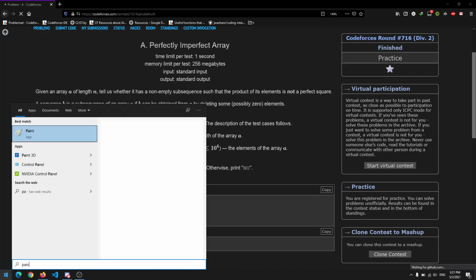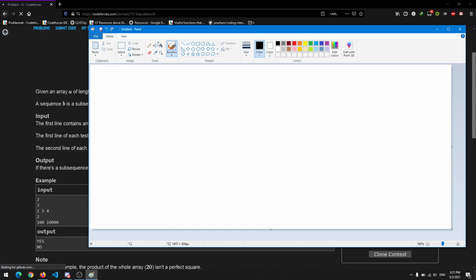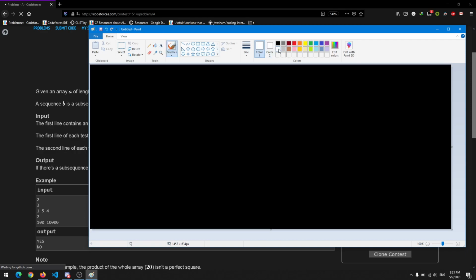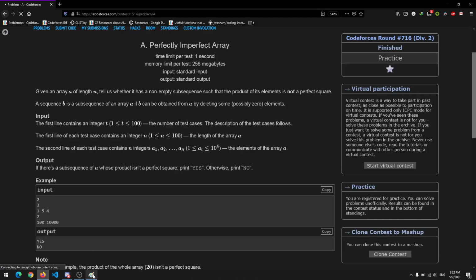Actually, if you notice, let me just bring up paint here. If you have a perfect square, let's say m into m, a perfect square is of this form, and another perfect square n into n. So the product of two perfect squares is a perfect square. One pair will be m into n, and another would be m into n. So the product of two perfect squares is always a perfect square. So we just need to find a single element which is not a perfect square, just a single element which is not a perfect square, and if we do that, our